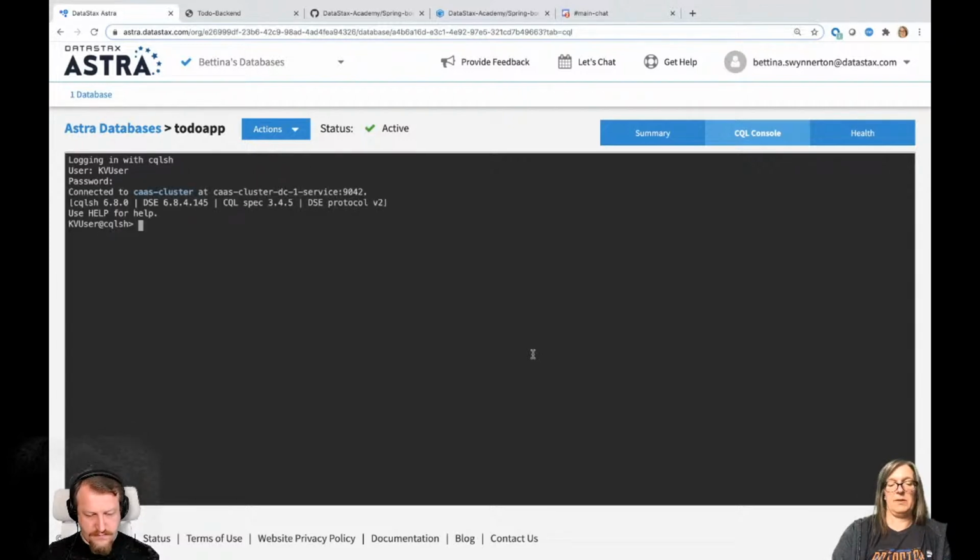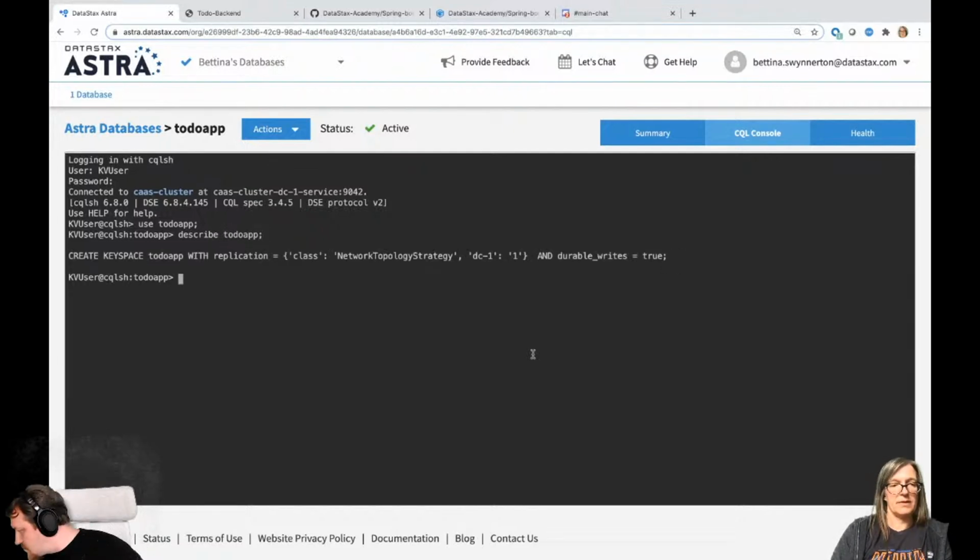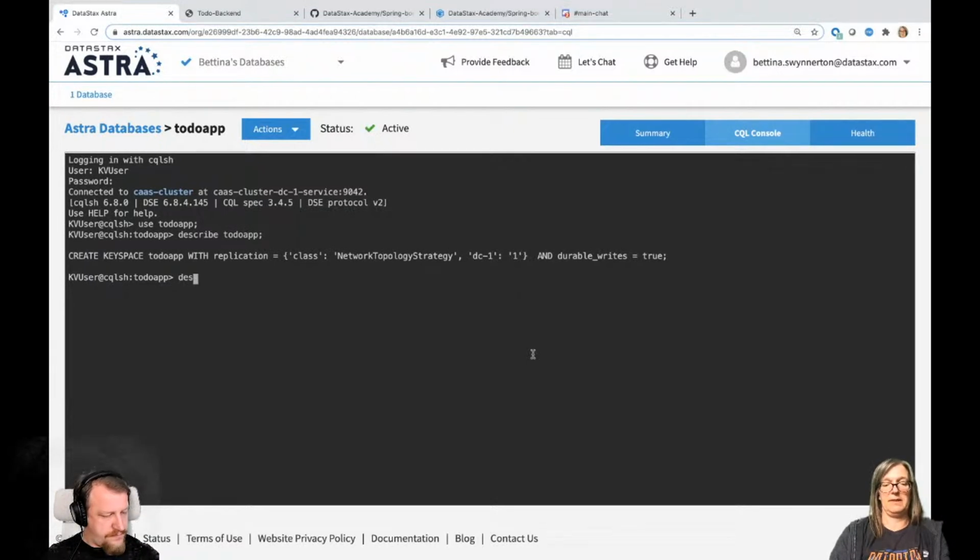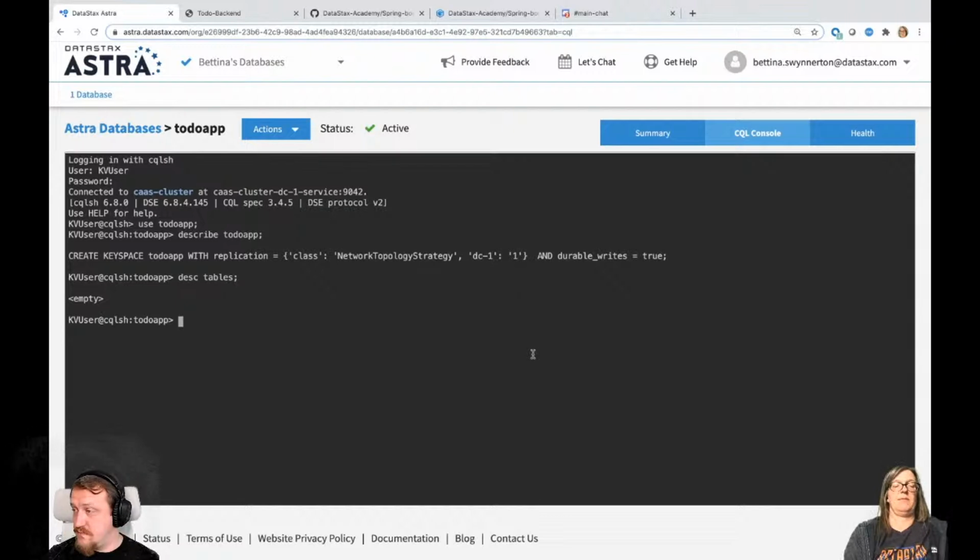Okay, so we're going to use the to-do app keyspace. And let's have a look at the keyspace. Oops. Oh, this is the keyspace itself. It hasn't got any tables. So, describe tables. Nothing is in there. So we're going to use the test to set them up. And let's do that.